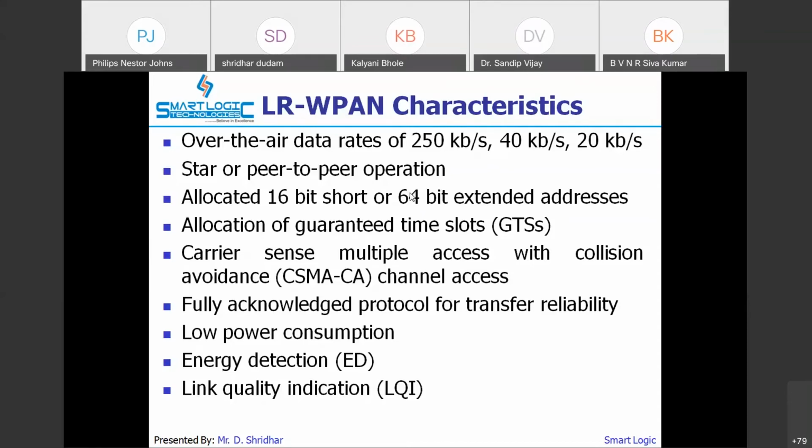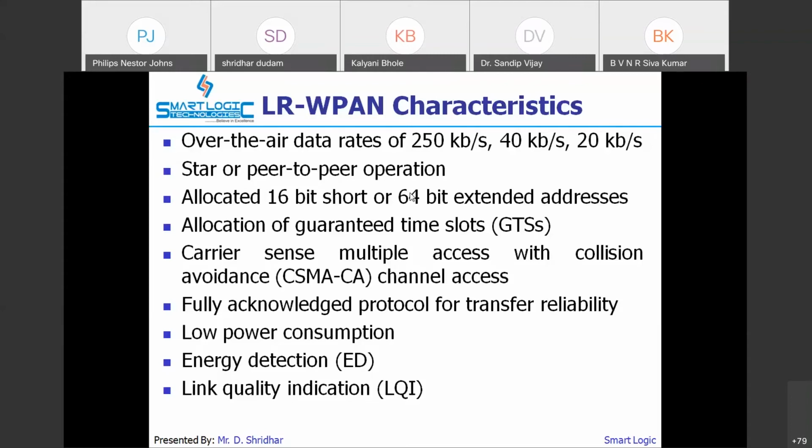Allocation of guaranteed time slots is available for communication purposes. They mainly use CSMA/CA, that is, carrier sense multiple access with collision avoidance. There is always a coordinator in the case of low rate WPAN, and the coordinator decides the communication.